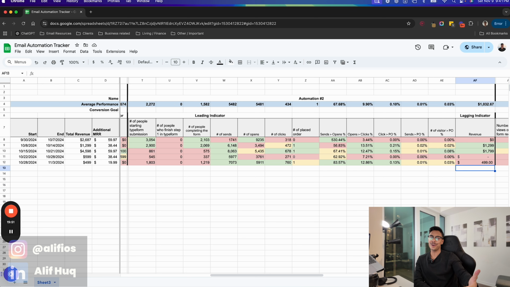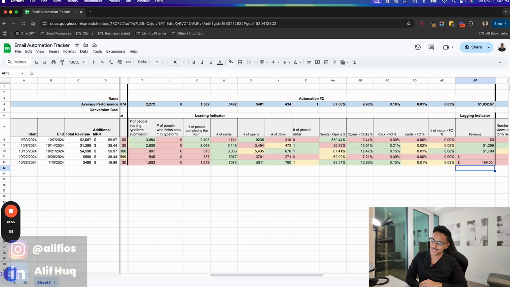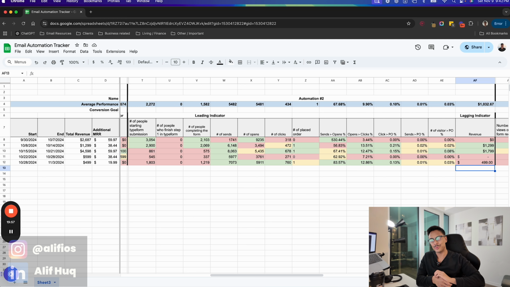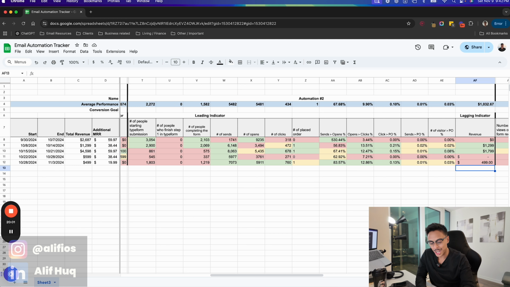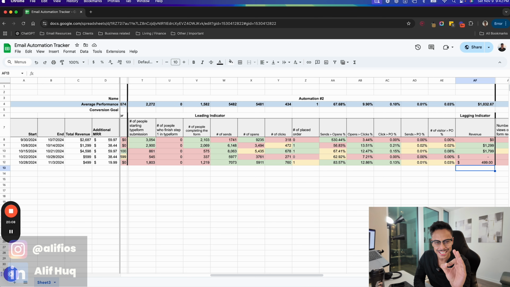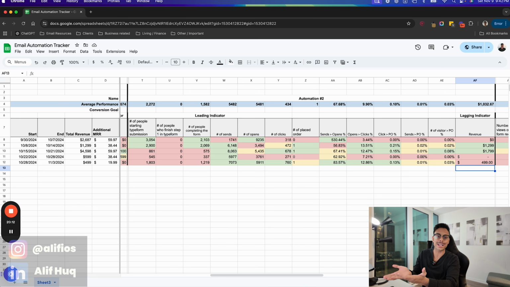And now we can go to the CEO or the other marketing team or whoever is responsible for generating traffic. We can go up to them and be like, hey, we need at least 3,334 people coming to this specific type form for us to generate 1 sale. We have that level of specificity. And when you present that to especially founders or co-founders, or even when I speak with my client about that,